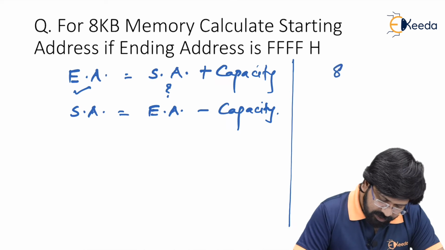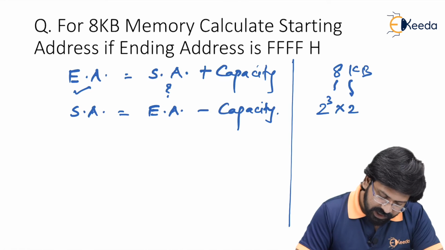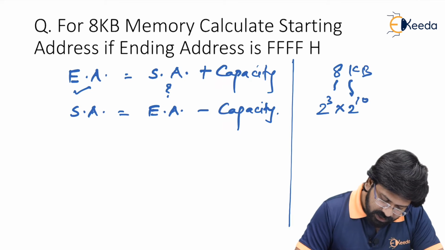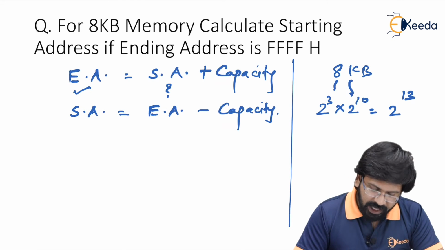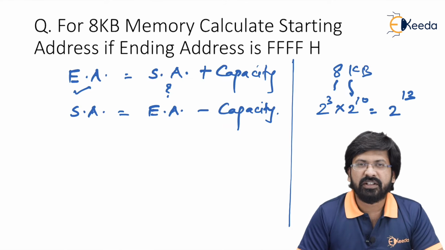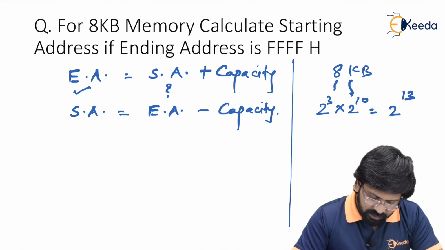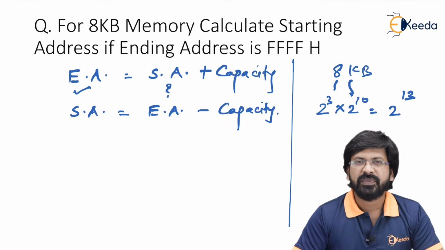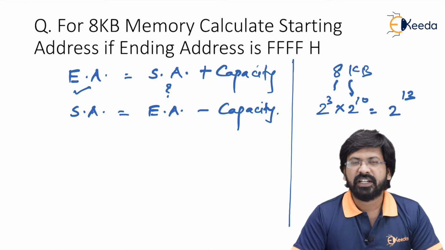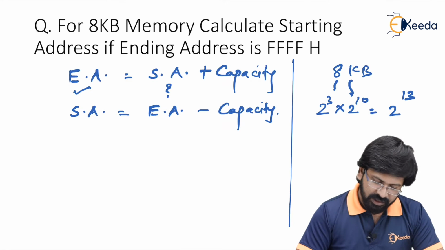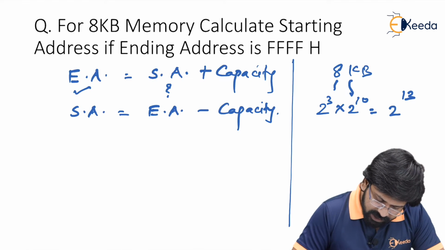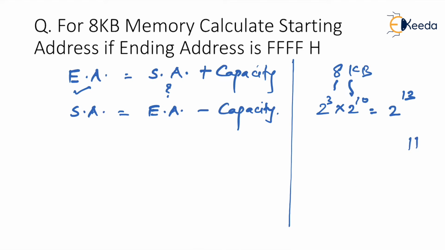Now the size is 8 KB. 8 is 2 to the power 3, K is 2 to the power 10, so in total it becomes 2 to the power 13. So we can say that 13 address lines are required. If I had to get the ending address, we would write 13 binary ones in groups of 4. But in this problem, even if I do so, it is not going to give me the ending address. It will be treated as a capacity. The reason is the starting address may not be 0, right? Therefore, these 13 binary ones I am going to write in groups of 4.